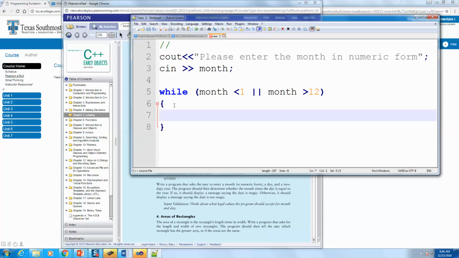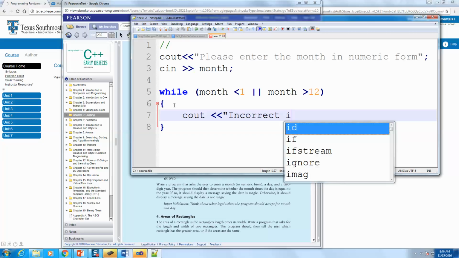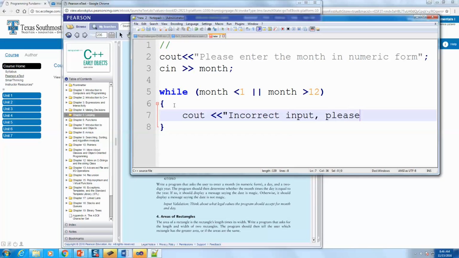If this is true, we go inside the loop, right? So what do we want to do inside the loop? This is an incorrect answer, right? Okay, we display, right? With a cout. Incorrect input. Please try again. And then